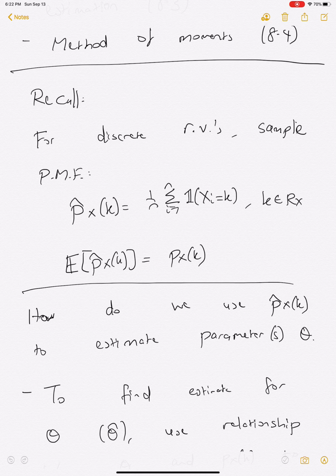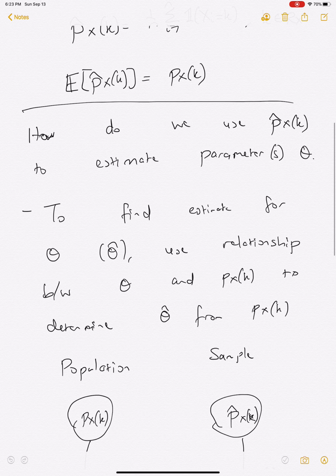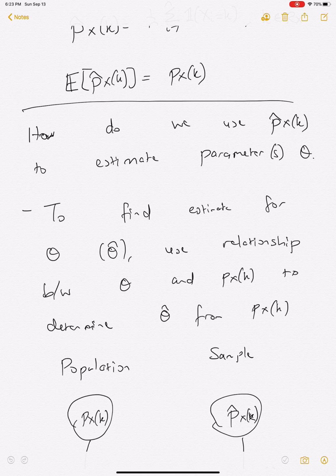And once again, I want to emphasize the importance of this notation and understanding the distinction between the sample and the population. So the p hat x of k is the sample PMF. That's a function of the data, so what you see in the sample data. On the other hand, the population PMF, px of k, is a function of the population. So that's typically something you don't know, and you want to estimate that or determine some aspect of that from the data. And so the question is, how do we use this sample PMF to estimate our parameter or parameters